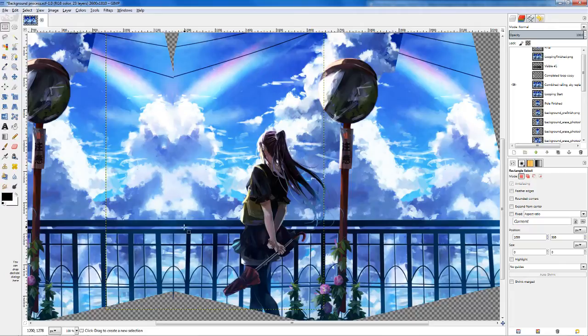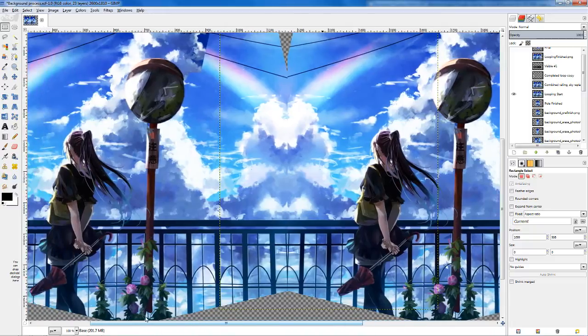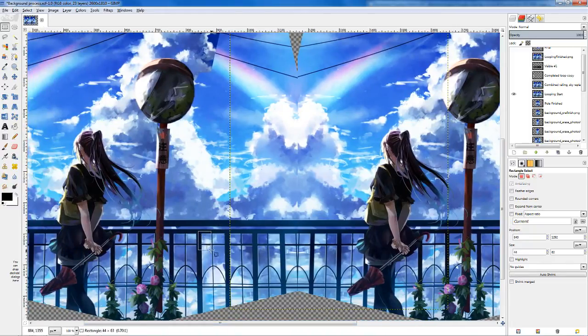I went ahead and I did the gradient thing again on this side and this side. And with this fixed, actually I should explain something a little bit before that. To get to this point, I had to change the railing here. So what I was doing was I just copied from here and moved it over a pixel or two, and I did the same thing with all of these